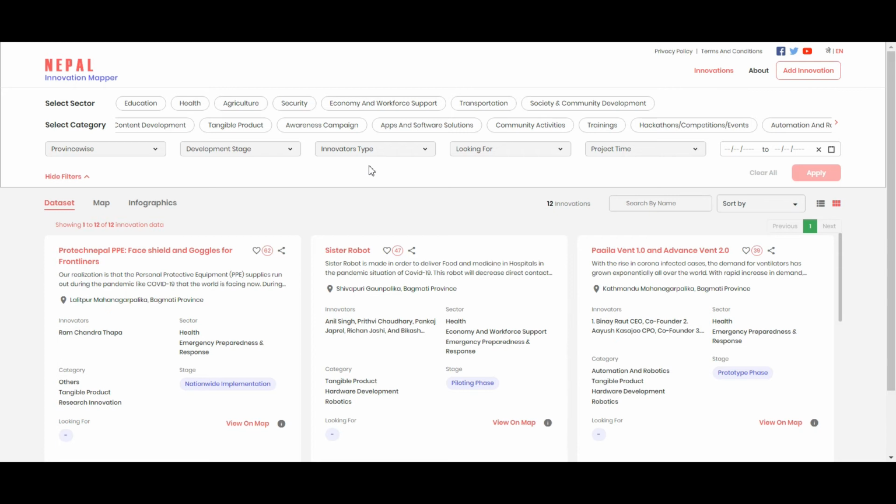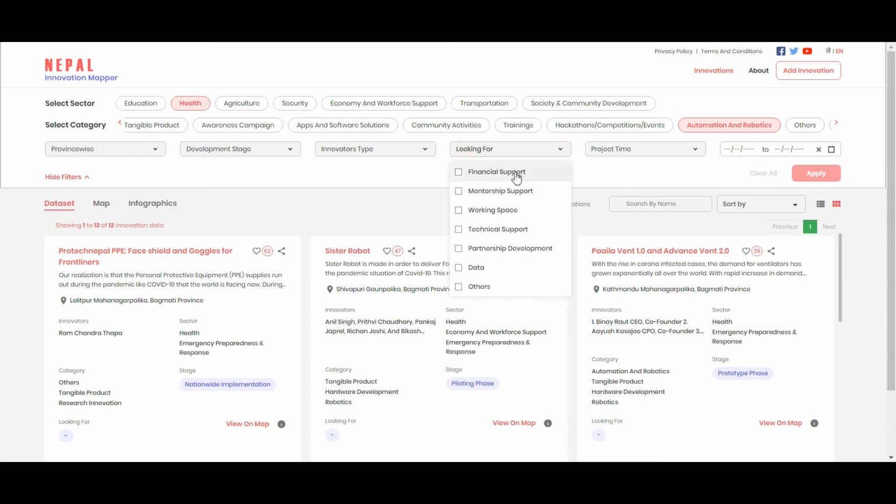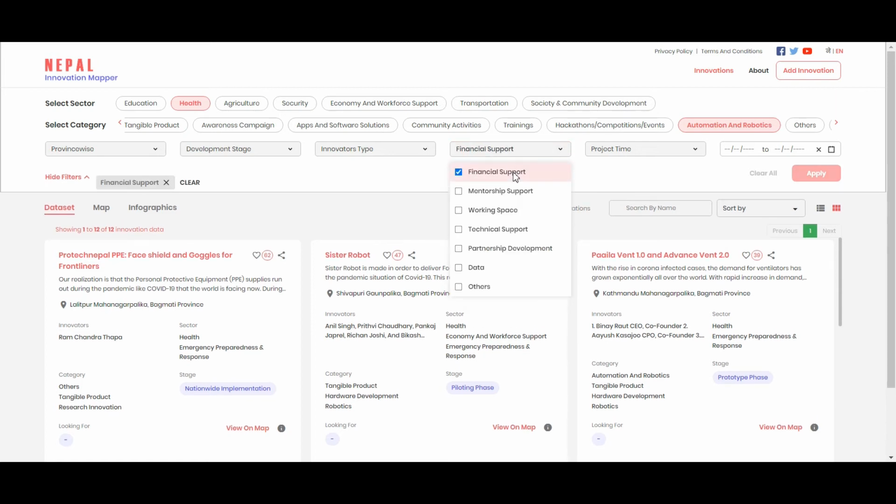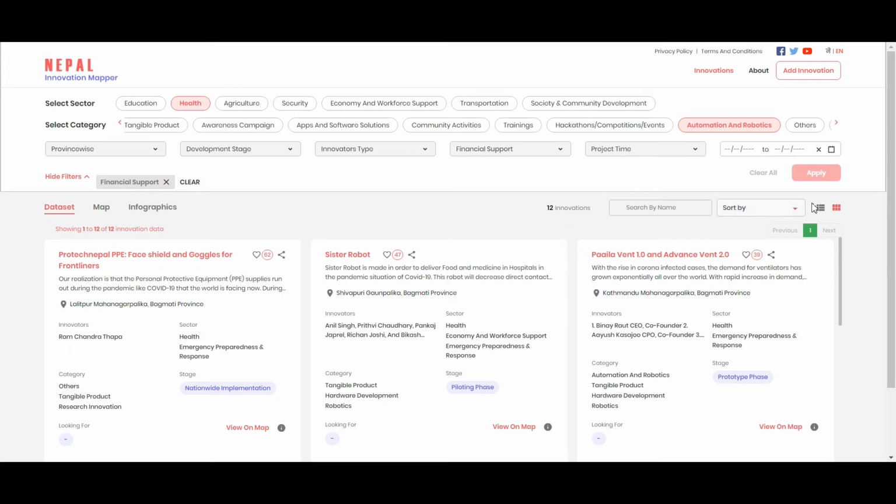For example, in sector, I'll select health, and in category, let me select automation and robotics, and in looking for, I'm selecting financial support. Now, after selecting all the filters, click on apply.